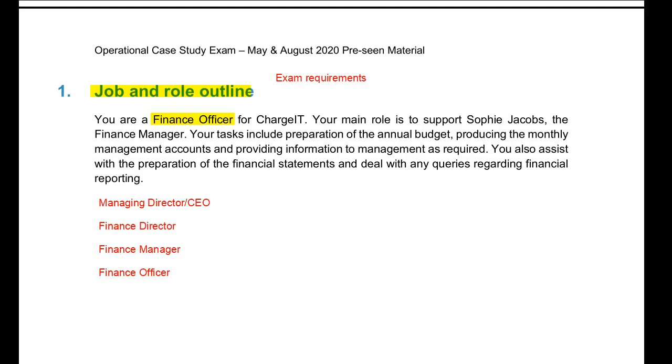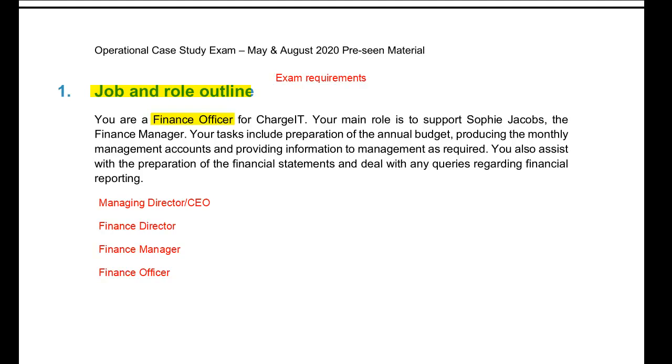Okay, so as a finance officer, you operate within the finance department of a business like ChargeIT, and you may be one of several different employees of the same job title, of the same level, operating at this lowest level of the organisational hierarchy. Okay, and then in terms of the hierarchy within this organisation, you and any other finance officers that ChargeIT employs,